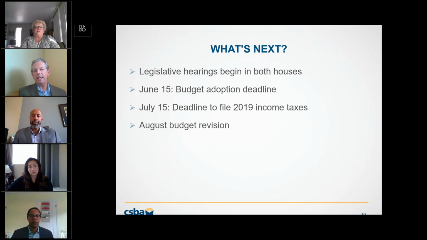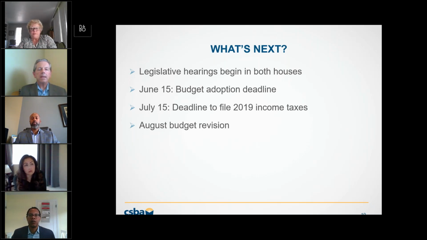And the reason why I say "is it complete" is because if you've also been reading the headlines, you know that the governor extended the filing deadline for income taxes from April 15th to July 15th. So there's a major portion of the state general fund that is being estimated now, but they don't really know the final numbers. So there is a chance that the budget might have to be adjusted in August. But I'm saying that not to create more